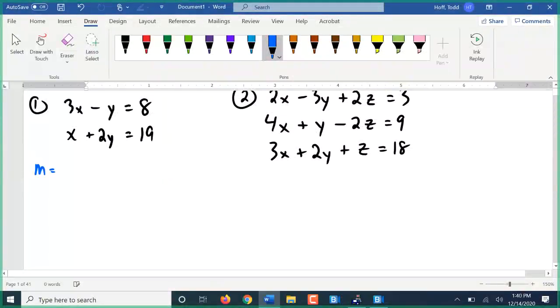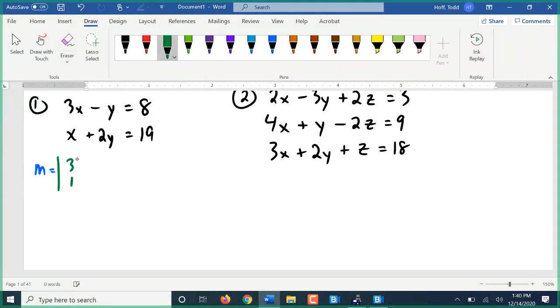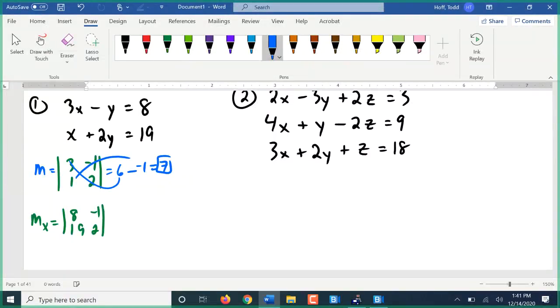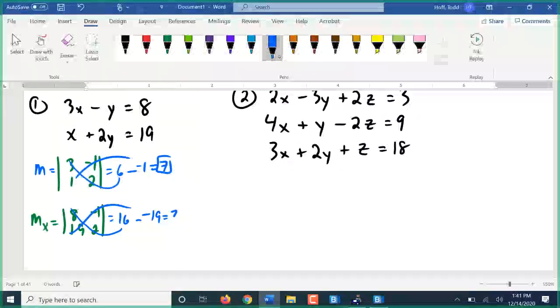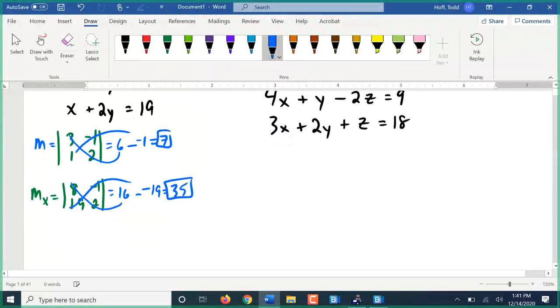My base matrix: 3, 1, negative 1, 2, giving me a determinant of 6 minus a negative 1, or 7. My X matrix is 8, 19, negative 1, 2, giving me a determinant of 16 minus a negative 19, or 35. And my Y matrix